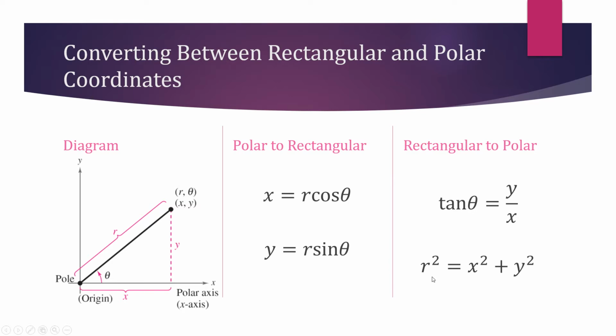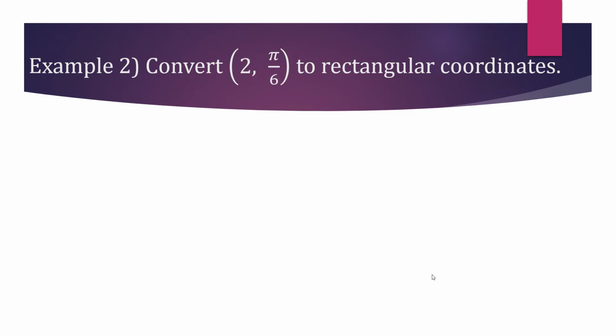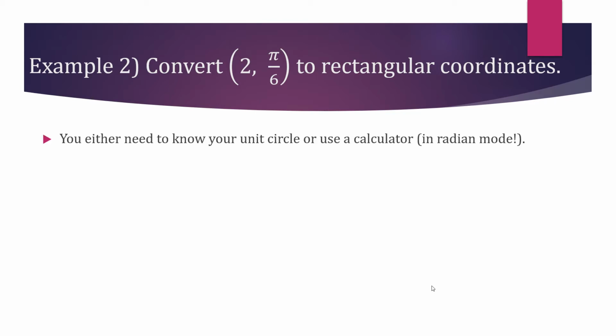So we're going to be using these 4 equations to convert between rectangular and polar coordinates, and we actually also use them for converting between the 2 types of equations. So we're going to take that point that we plotted earlier, (2, pi/6), and convert it to rectangular coordinates. Now, you're either going to need to know your unit circle, or you're going to use a calculator, making sure that it's in radian mode because our angle is being given to us